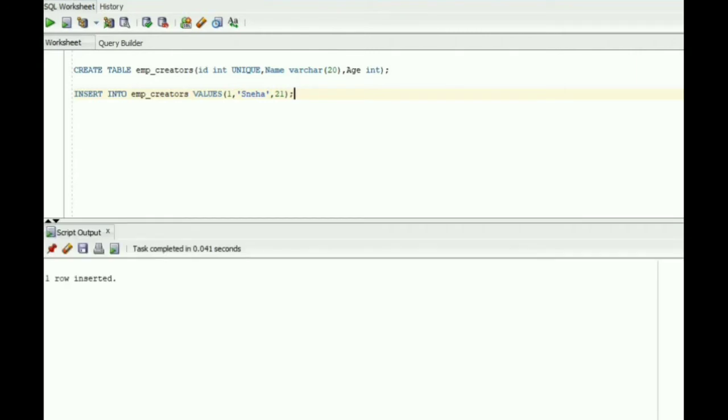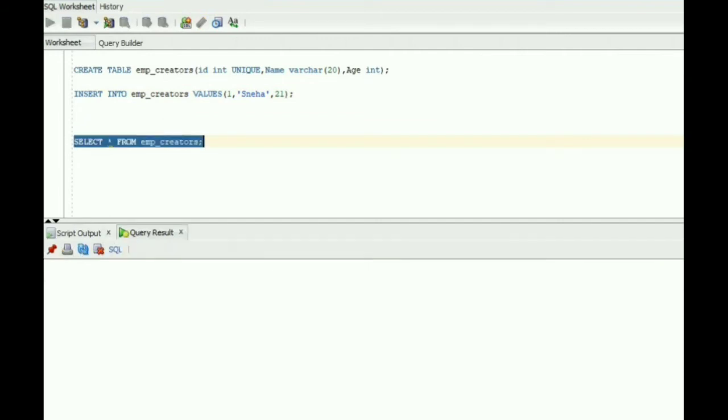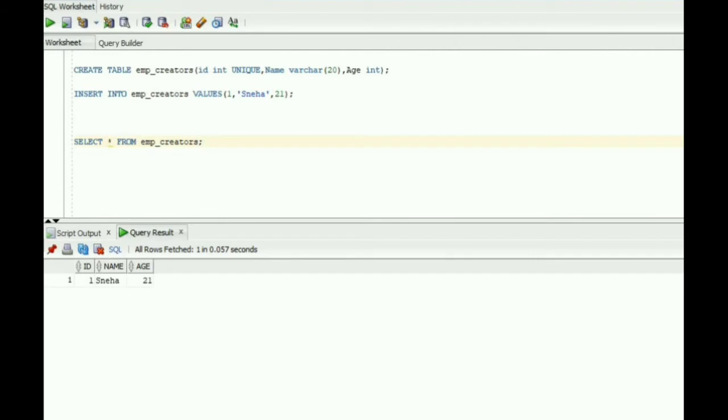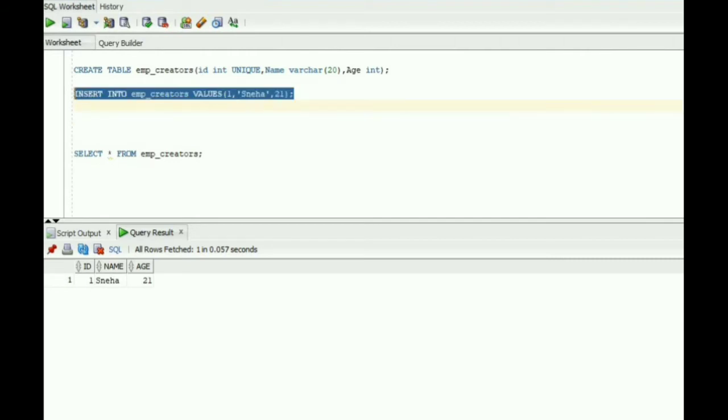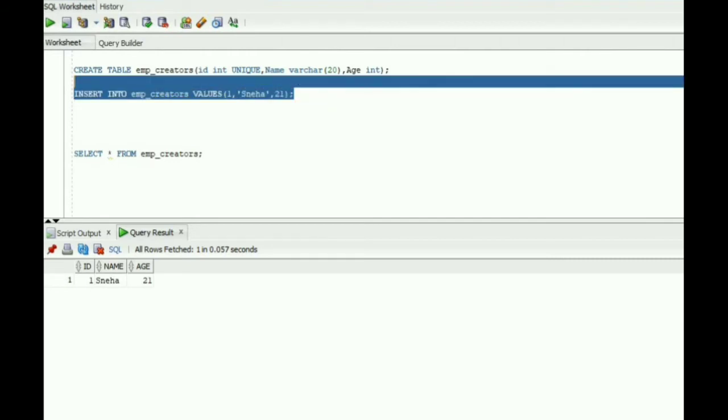You can see one row inserted. Let me fetch the data. You can see one row inserted successfully. Let me insert another row with same ID. Let's see what happens.